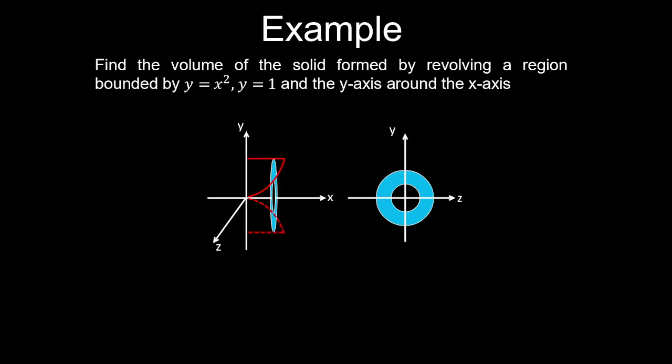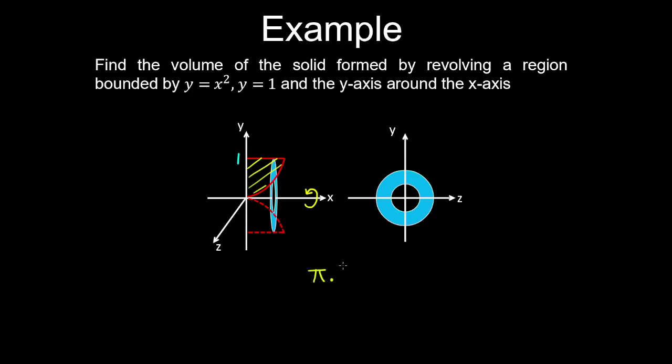Let's find the volume of the solid found by revolving the region bounded by the parabola y equals x squared, y equals 1 and the y-axis, so this 2D region around the horizontal axis. So in this case the curve does not touch the axis, so we can use washers. So the area of the outer washer, which can be visualized in the YZ plane, is pi by the radius squared,